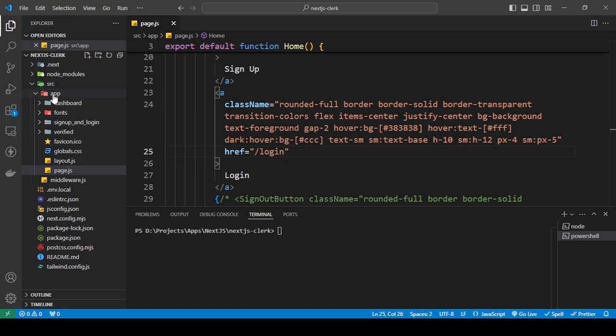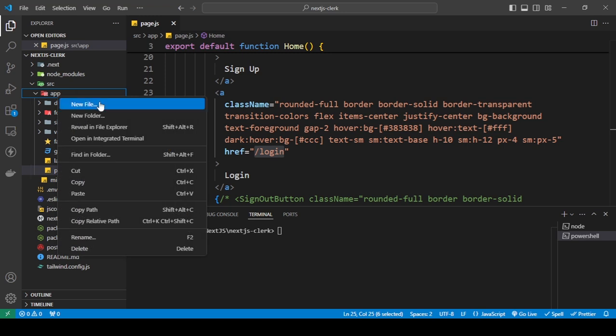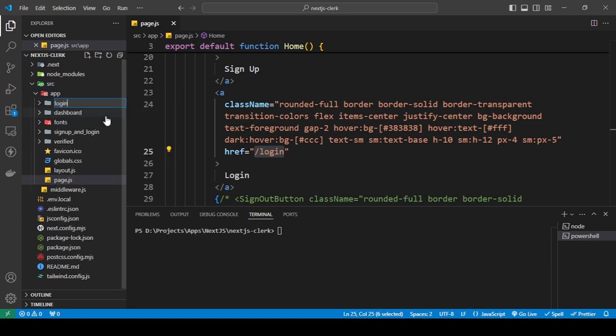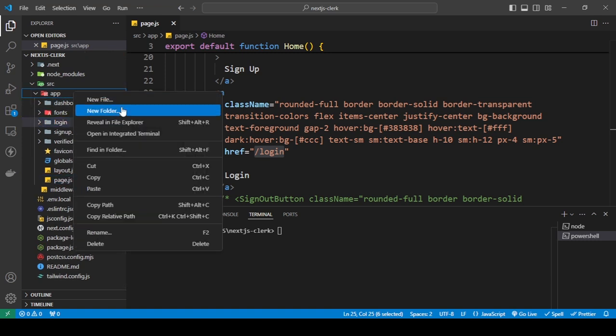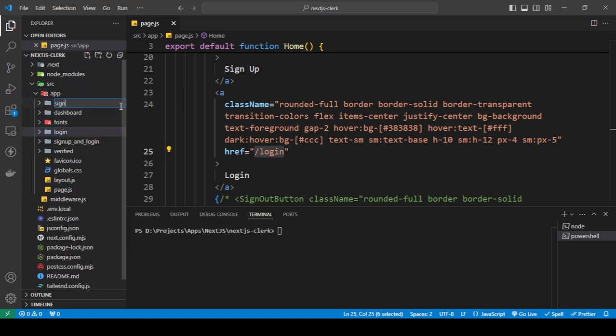To add those, I'm going to first create the folders that we need to go to these routes. So in this, I'm going to add a new folder, login, and another one for sign up. Okay,